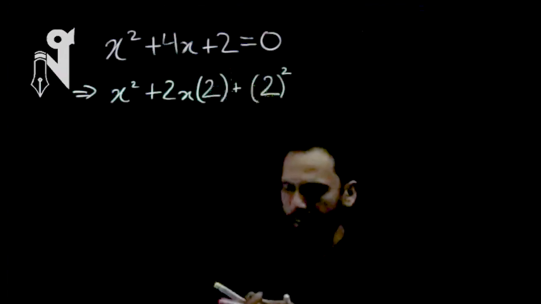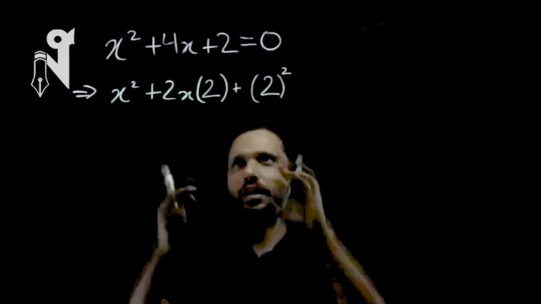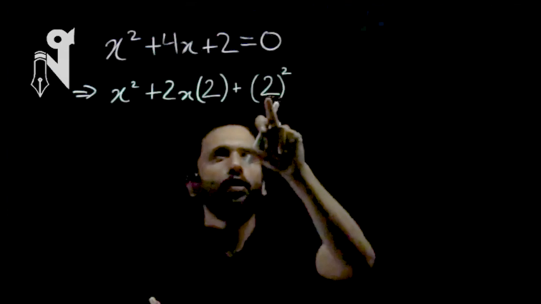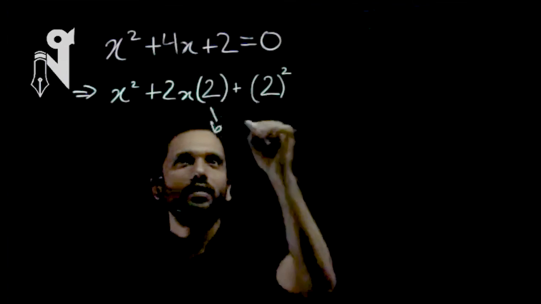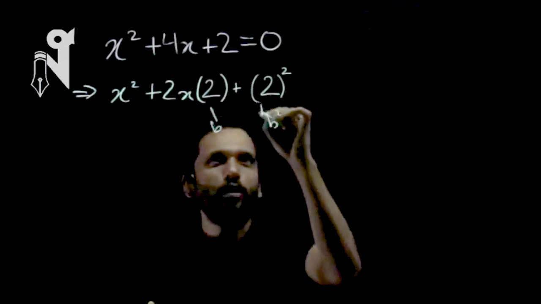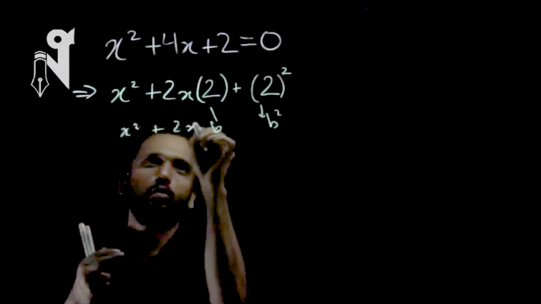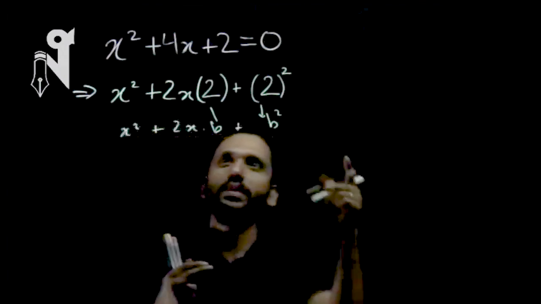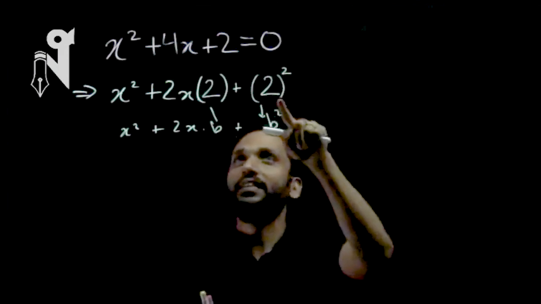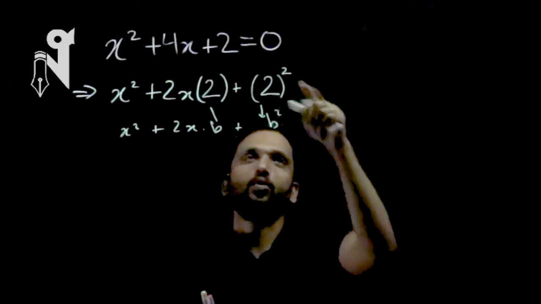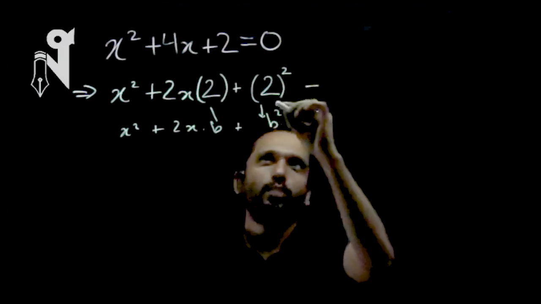So what do we do? There are various ways of doing it, but I'll suggest this: you put what you want. You got your b, that's your b. You put your b square so that this becomes the formula of x square plus 2xb plus b square. You plant your b square, but then we can't change the question. We have planted a 2 square, so we'll remove that 2 square. 2 square is equal to 4. So I planted a 4.